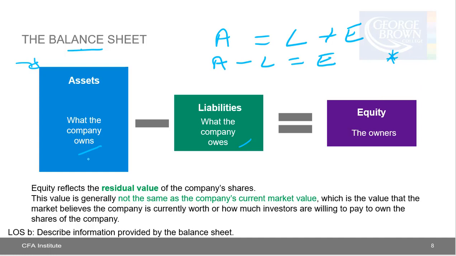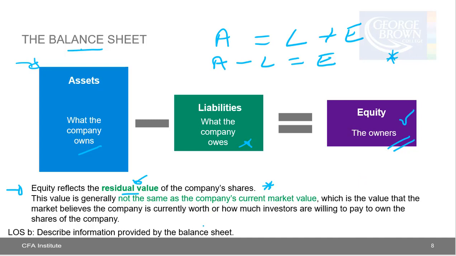If I sold off all my assets and paid back all my creditors, what is left over would be mine, and that belongs to the owners. So equity reflects the residual value of the company's shares. Okay, I put that in bold and green. That's the keyword to pick up on. Equity equals the residual value. What does the residual value mean? It's if we sell everything we own and pay off everything we owe, what's left over,